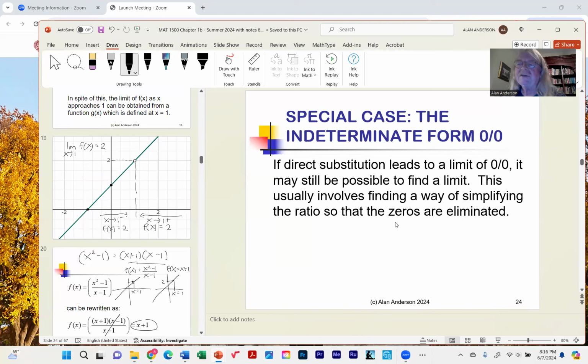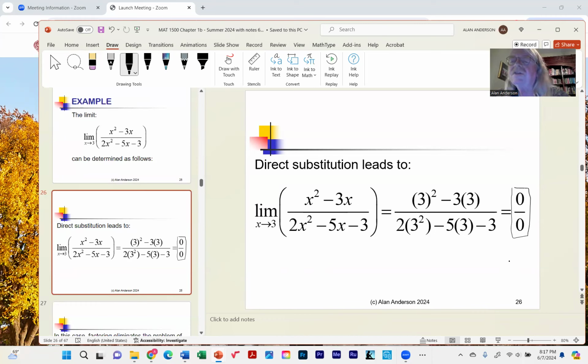So now, by the way, there's usually more than one way of dealing with these indeterminate forms. It's just that some of those ways require us to learn new material from, let's say, chapter 2 or some of the later chapters. So this is not the only approach to solving for this 0 over 0 indeterminate form. But it is a way. It does work. So what we're doing here is we're factoring, and we're eliminating